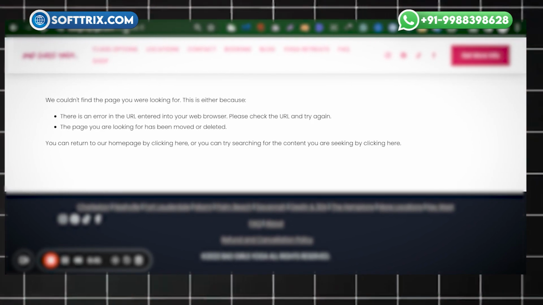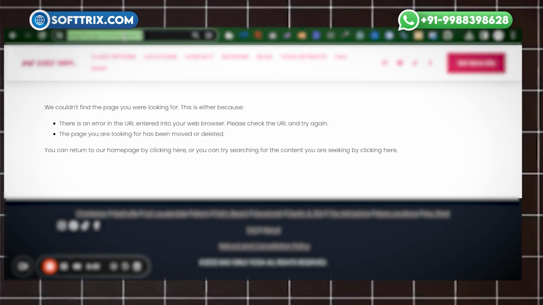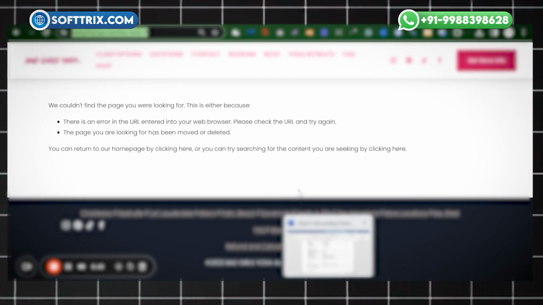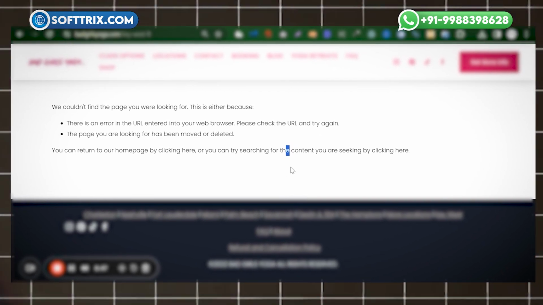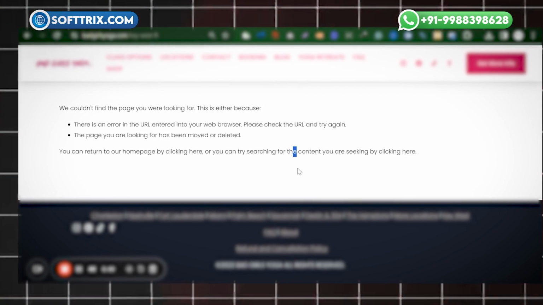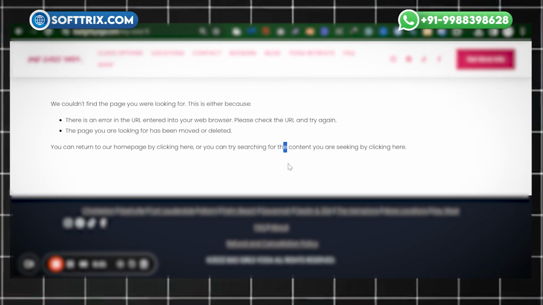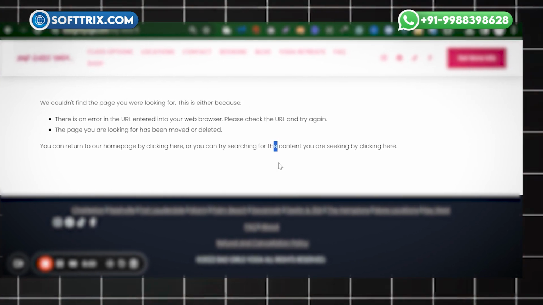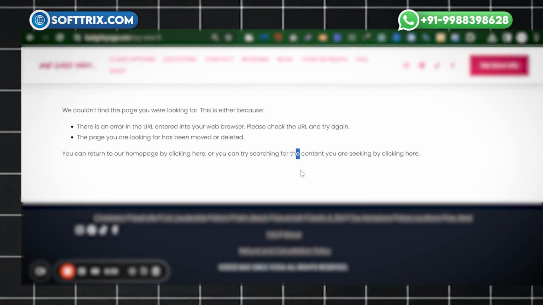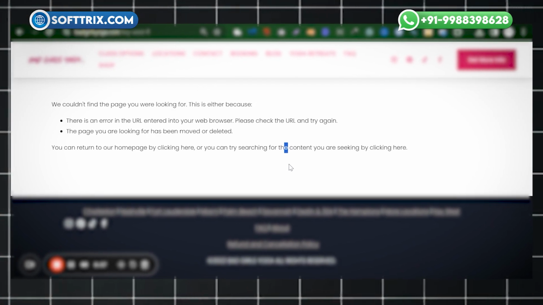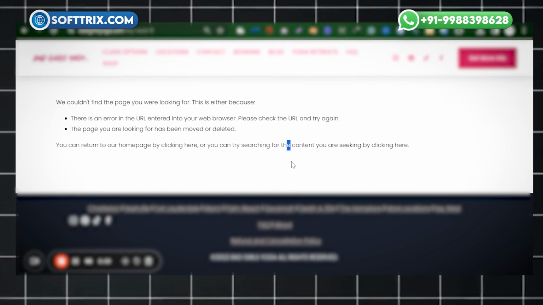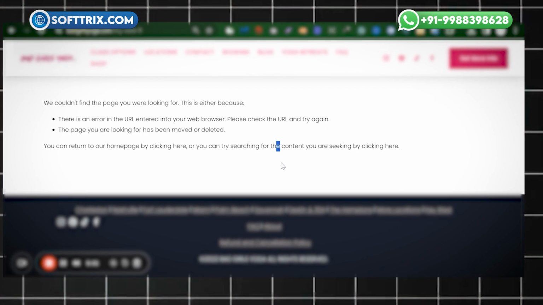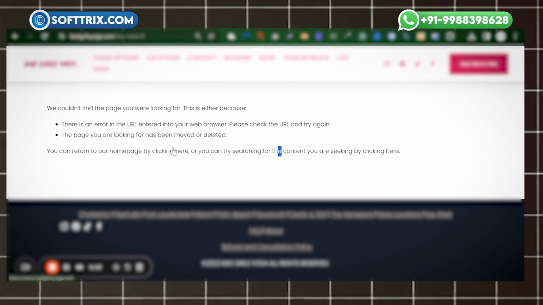So what I do now is copy this 404 URL and add a 301 redirection to it. We add a 301 redirection for a permanent redirect, so that any time a user or Google finds this URL, they can be redirected and taken to another working page. So let's start with that now.